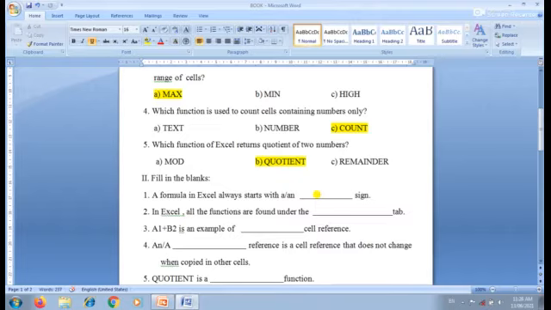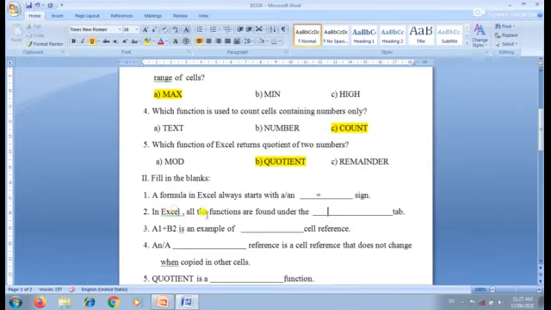If you are entering any formula, for example the sum function, or the average of numbers, all the formulas begin with the equal sign.